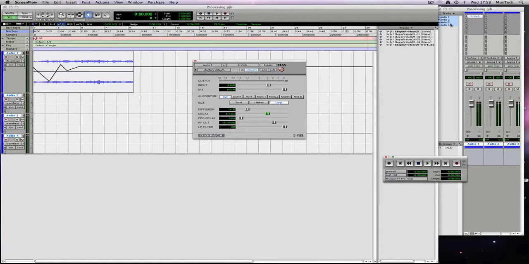So that was one useful thing about inserts, is that you can automate the parameters for the plugin that you've chosen. But you can only do it one at a time. Well, you can edit it by click and dragging these lines so that it does it over time. But it may be that you want to have control over the